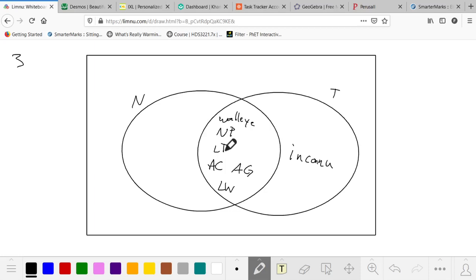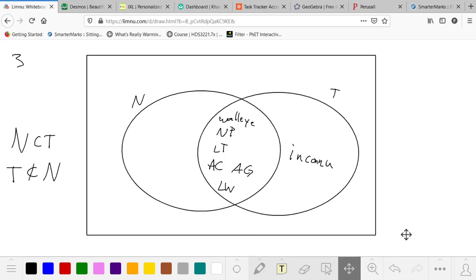Explain what the following statement means. N is a subset of T because every element of N is also in T. T is not a subset of N because T includes the species of fish N does not. So that's number 3. And then finally,